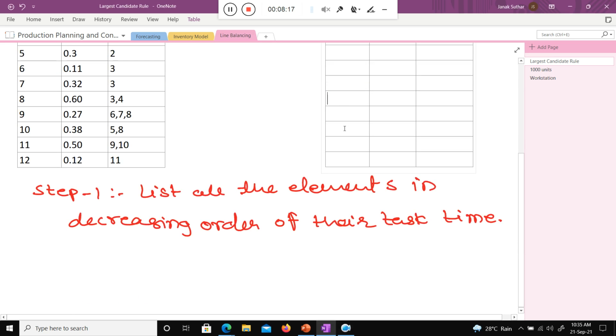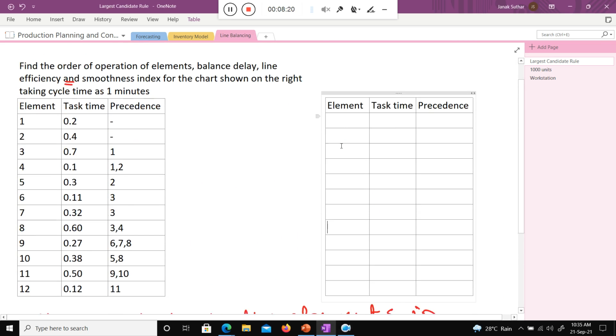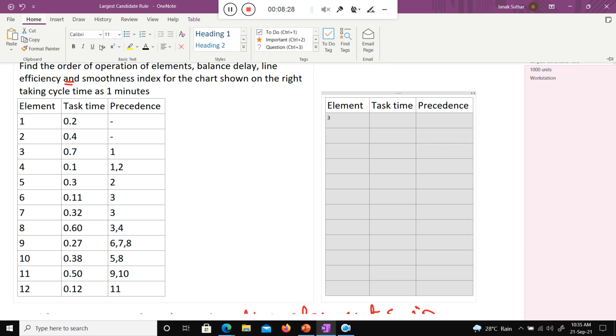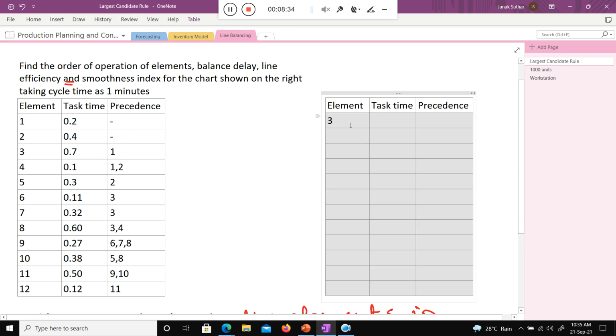So element 3 has task time 0.7 and precedence 1. I put them in decreasing order of task time, so 0.7 is first.